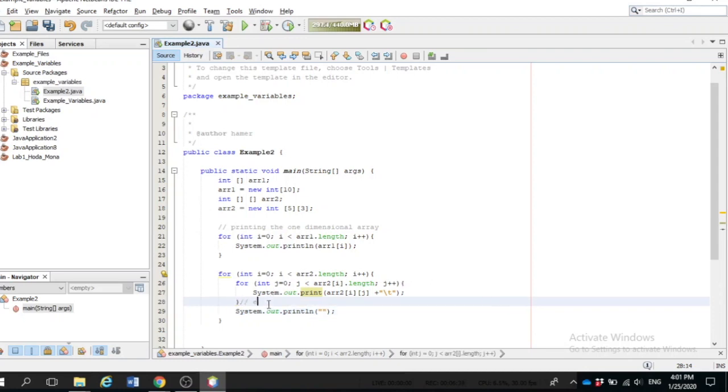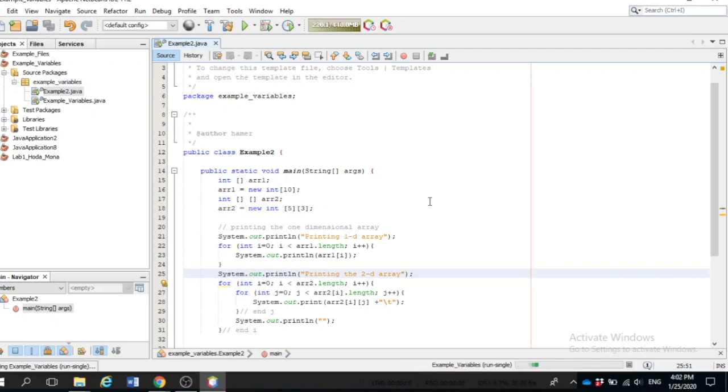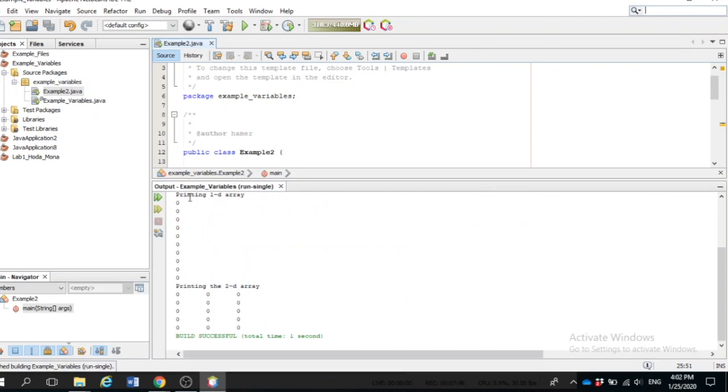So this is the end of j and this is the end of i. Let's again add System.out printing the one-dimensional array, and here we should add System.out printing the two-dimensional array. Let's run again. So the first one prints the one-dimensional array, and the second one prints the two-dimensional array of 5